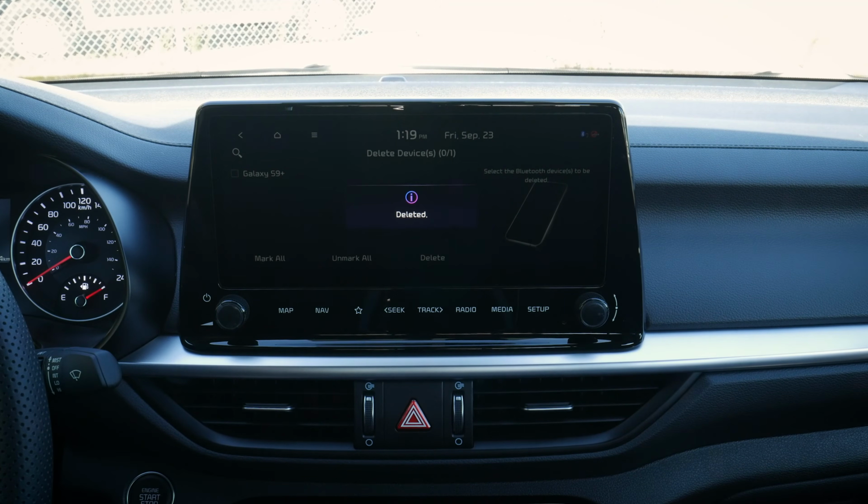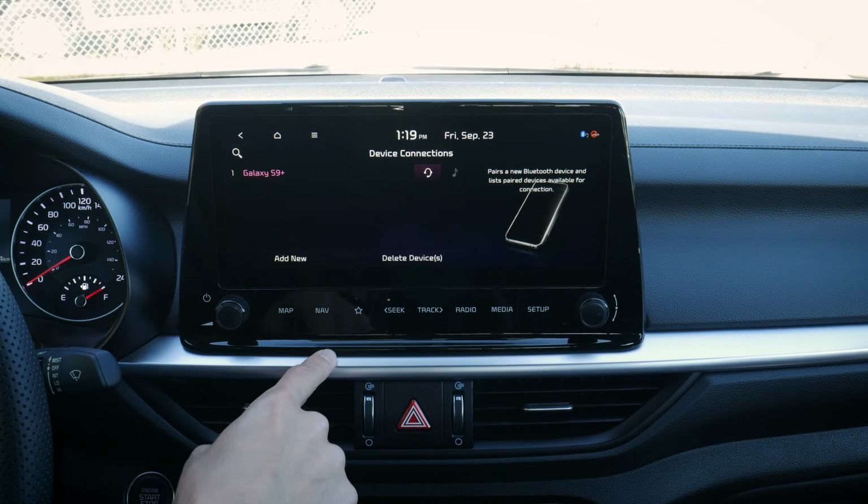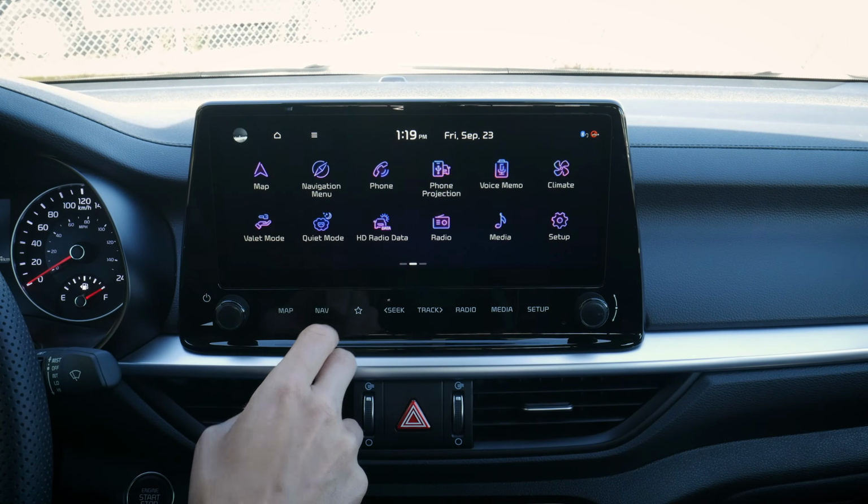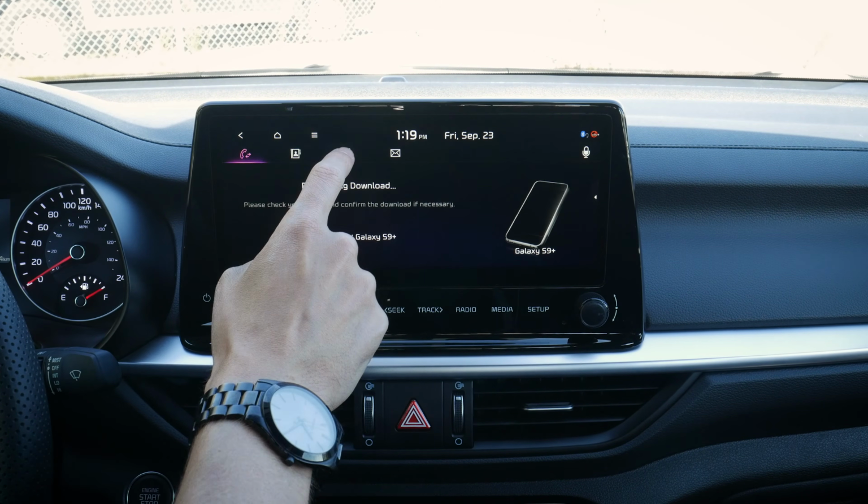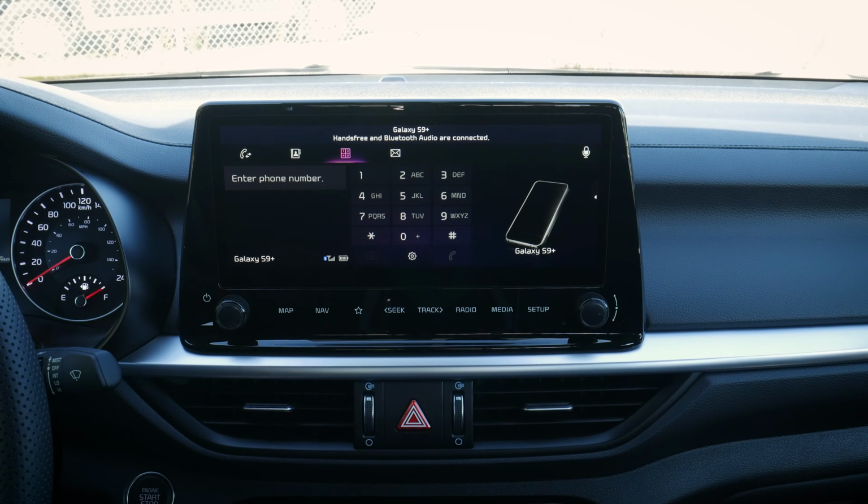I mean, 3 seconds there and it's deleted. So it's really straightforward. But if we want to, we can just go back home, jump back into our phone, keypad, messages, and things like that. So very straightforward. And then very similar to the iPhone side of things, we also have the flexibility of setting